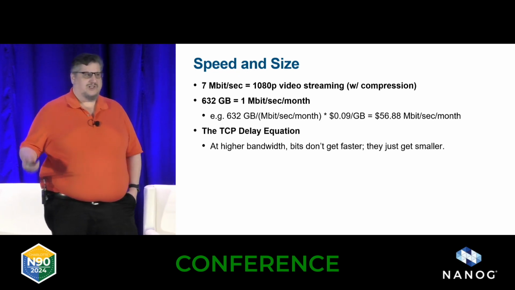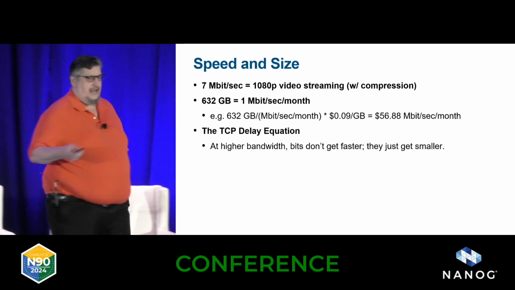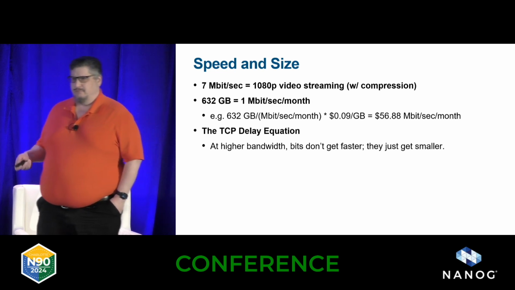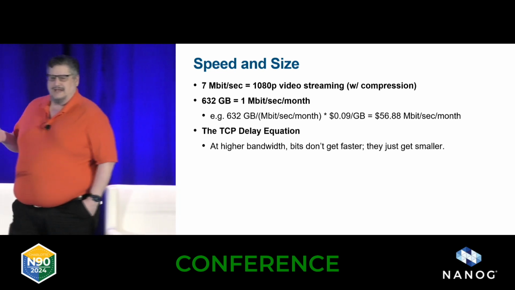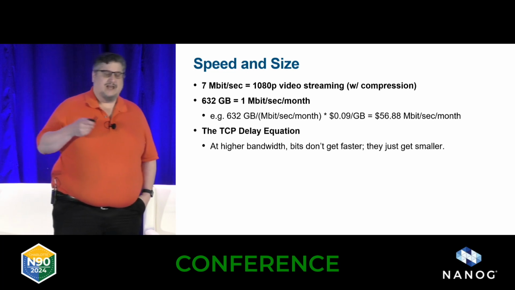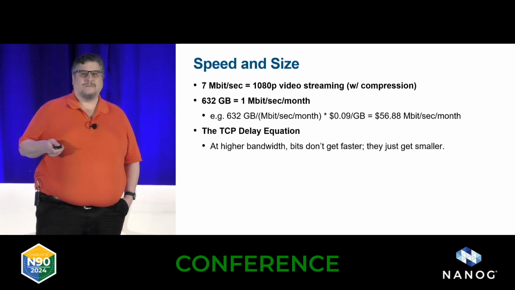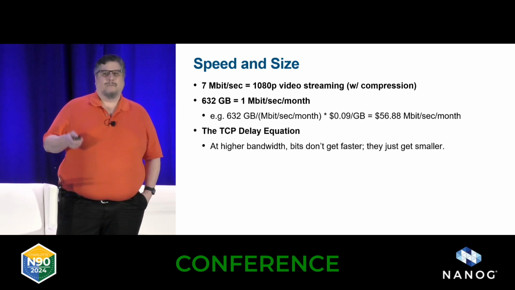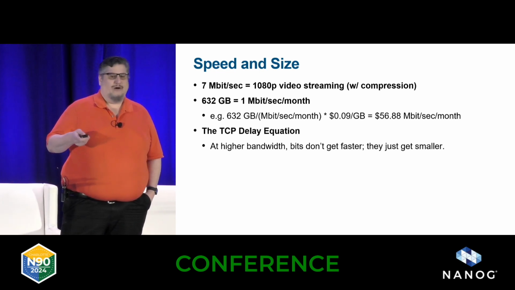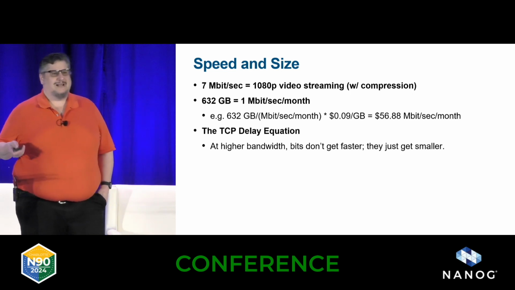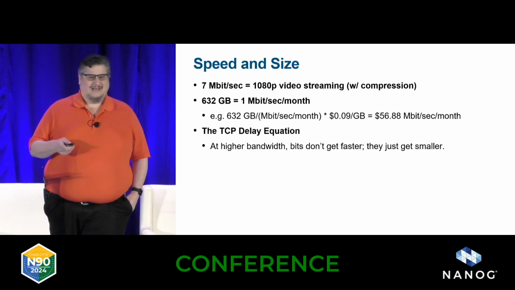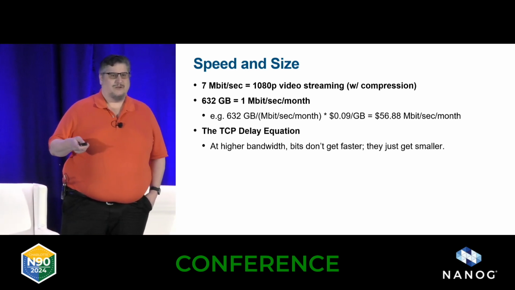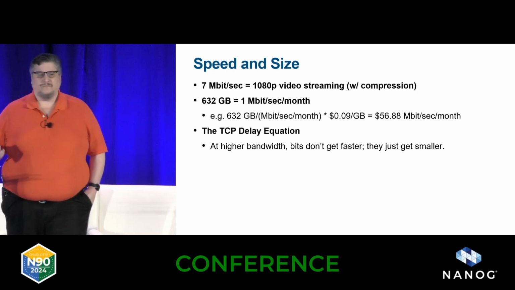Now, if, for example, you were looking at a cloud provider who charged 9 cents per gigabyte, I'm pretty sure there's one of those, that's $56.88 per megabit per second, which is a rather hilarious amount of money. But this should give you an idea of how much this data costs. Data egress from the cloud tends to be expensive, and this is very expensive. This is why the mnemonic goes, logs in, toothpicks out.